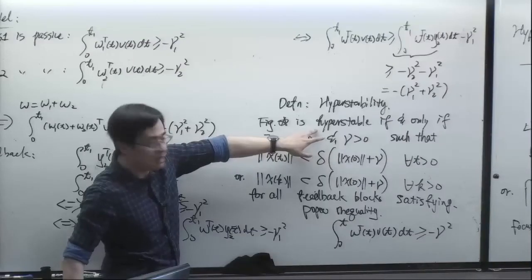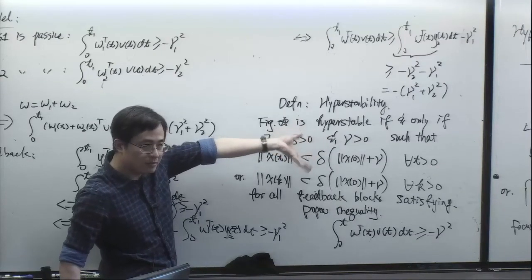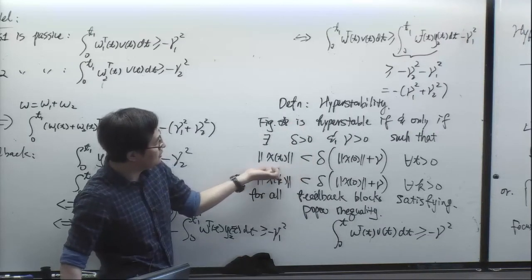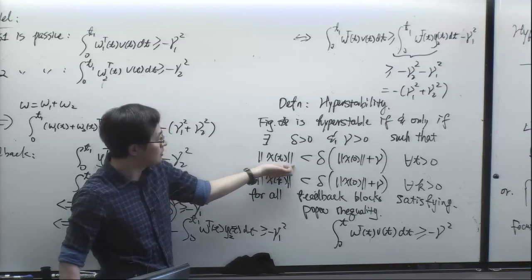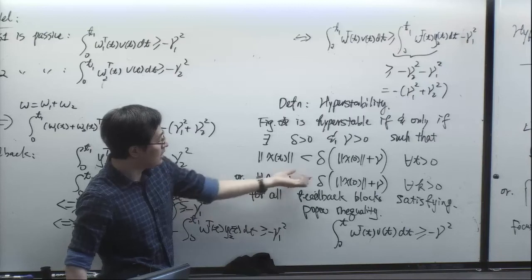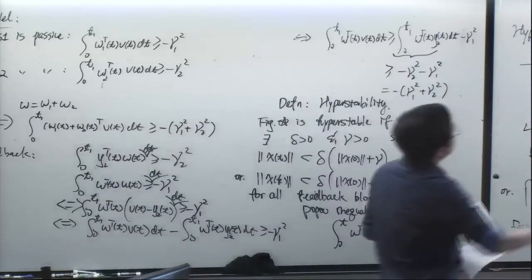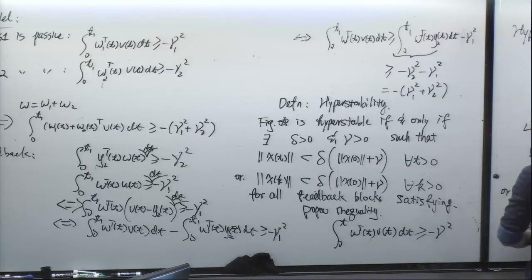This is hyperstable. It's similar to the concept of being Lyapunov stable. We only have X to be bounded, but in practice, we often want a stronger condition where not only are they bounded, but they eventually go to 0. So an even stronger condition is